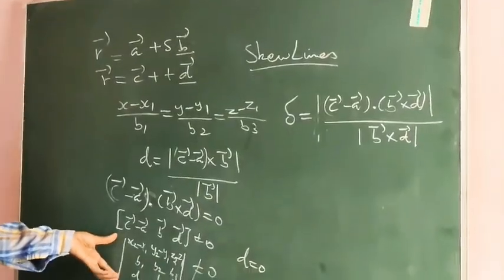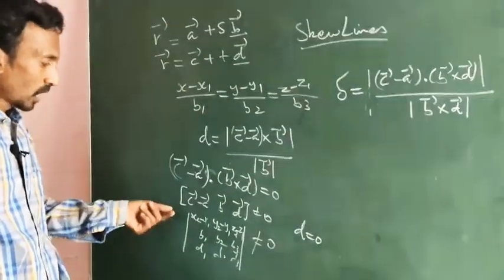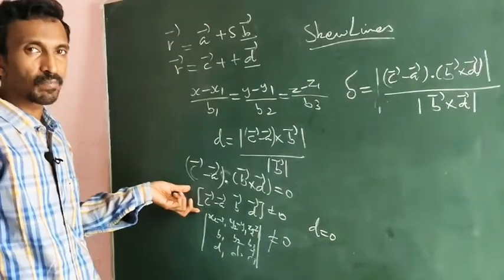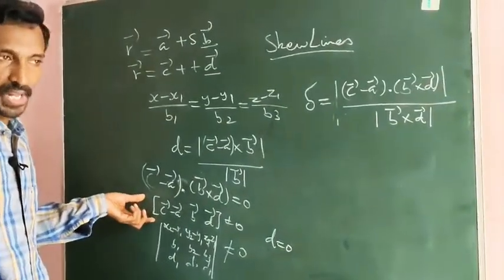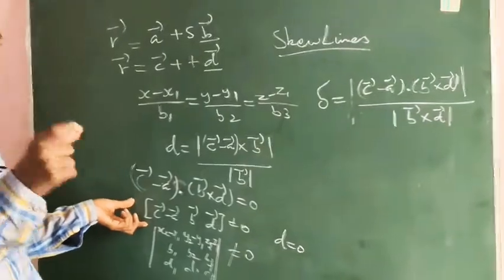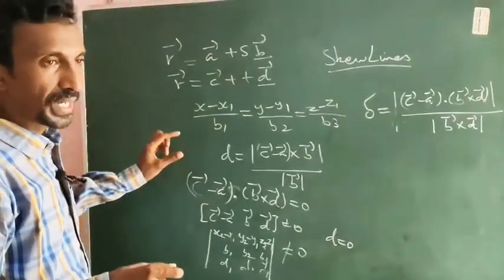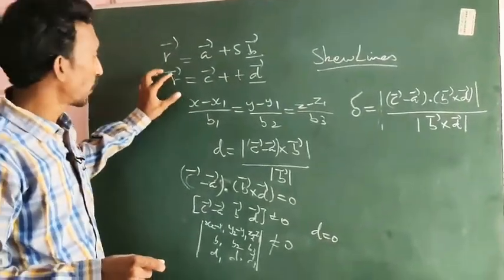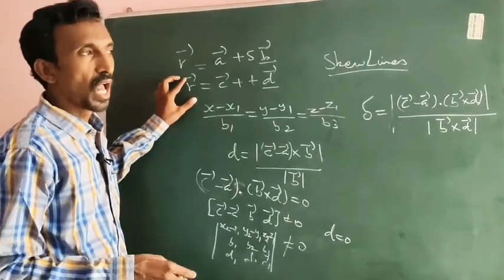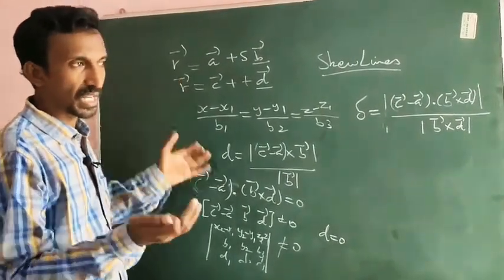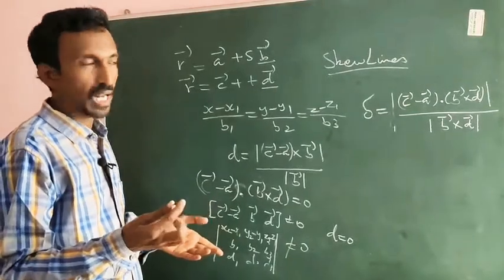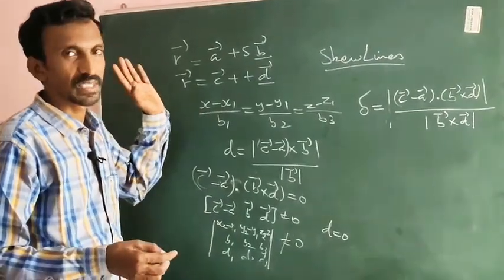And remember the condition of intersection. Suppose the lines are intersecting, our aim is to find the point of intersection. That is very simple. Find the general point on the first line. Similarly, find the general point on the second line. Assume they are equal for some values and eliminate the scalars. We get the point of intersection.